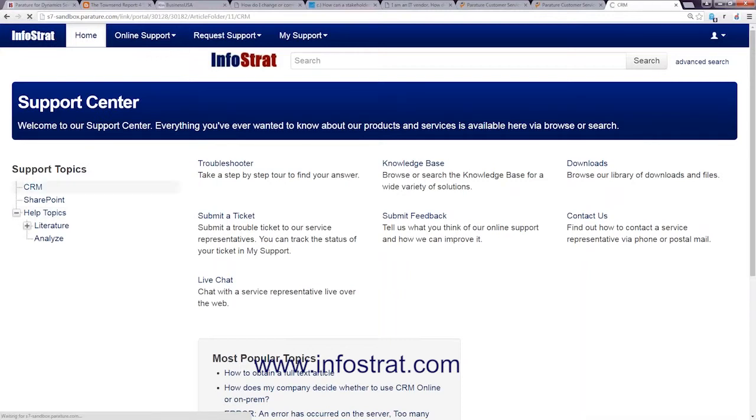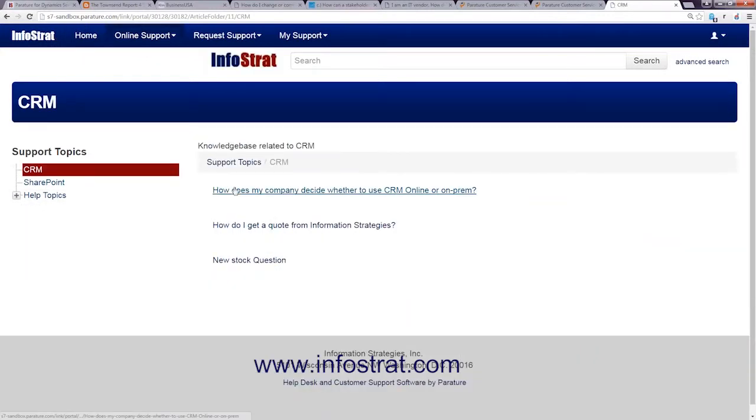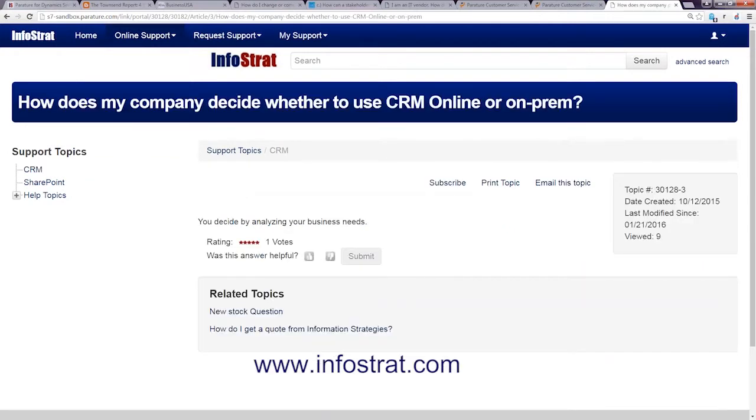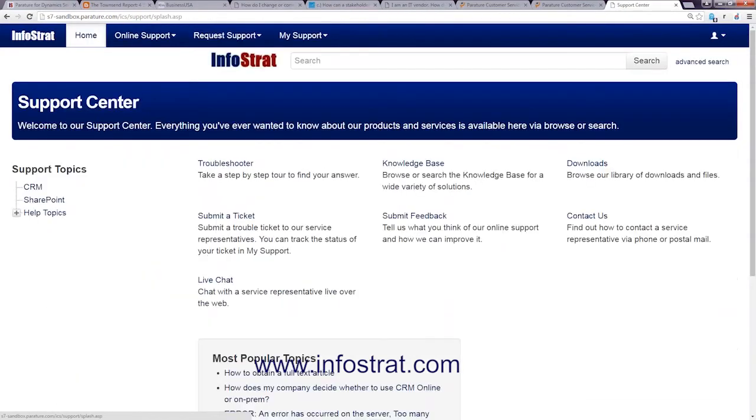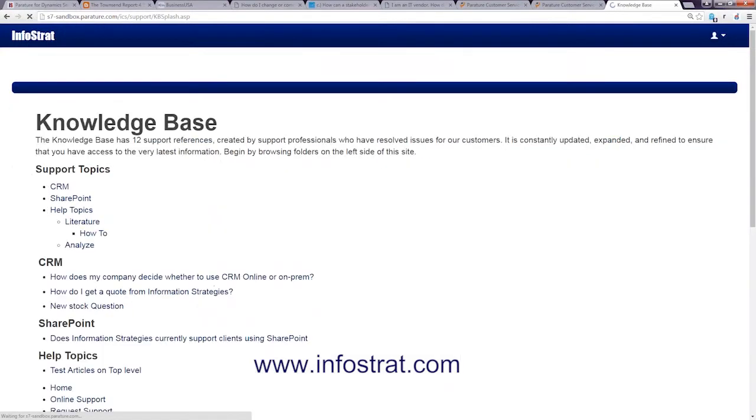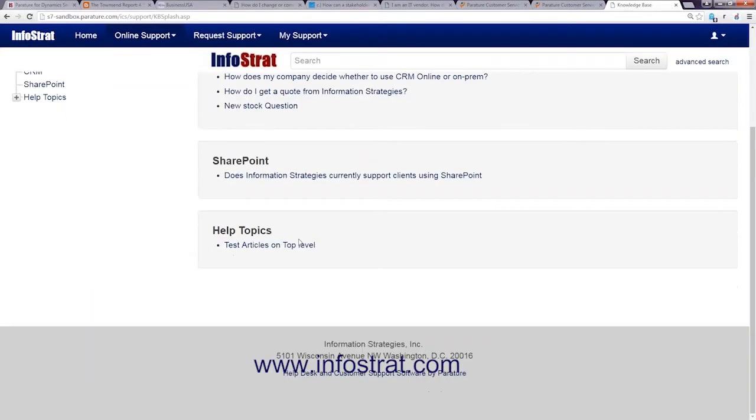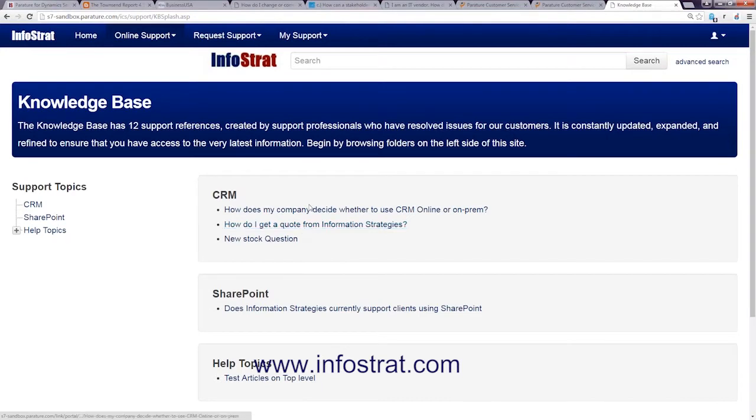And I can use that tree view to navigate to those topics. This was the article that we were just looking at that was inside our knowledge base. I can also have users do searches. So this search up here is also for browsing or searching the knowledge base. And as you flesh it out,